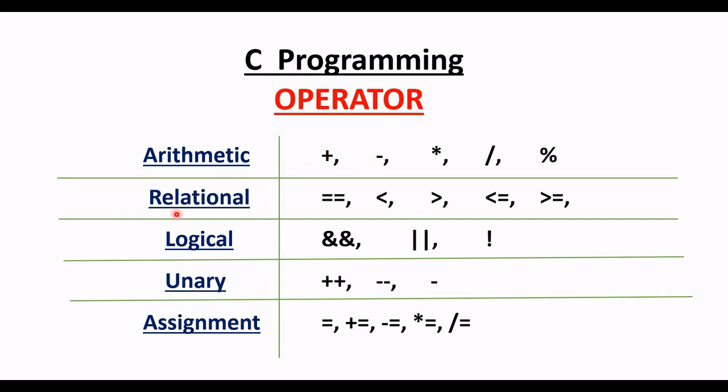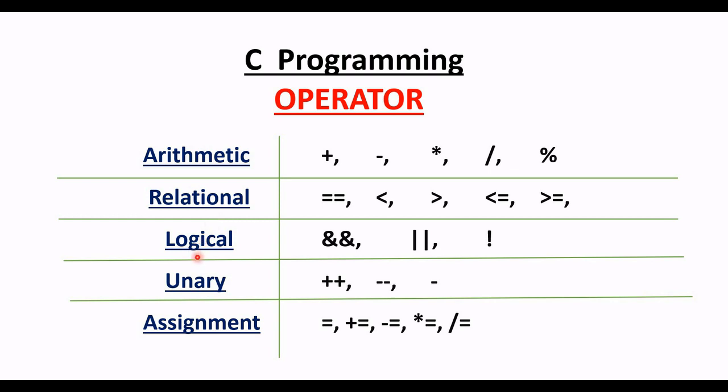The second one is the relational operator. So what is a relational operator, or why is it used? The relational operators are equal to, less than, greater than, less than or equal to, greater than or equal to. This operator is mainly used to compare two variables or two values. Suppose I want to compare whether 10 equals 10. At that time we will use this equals to operator. Or I want to compare whether 2 is less than 5 or greater than 5. At that time I will use less than, greater than, less than or equal to, or greater than or equal to. So these all are under relational operators.